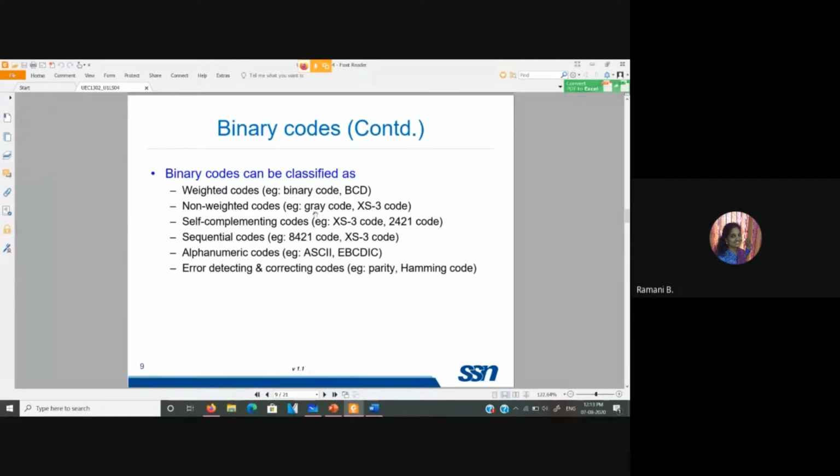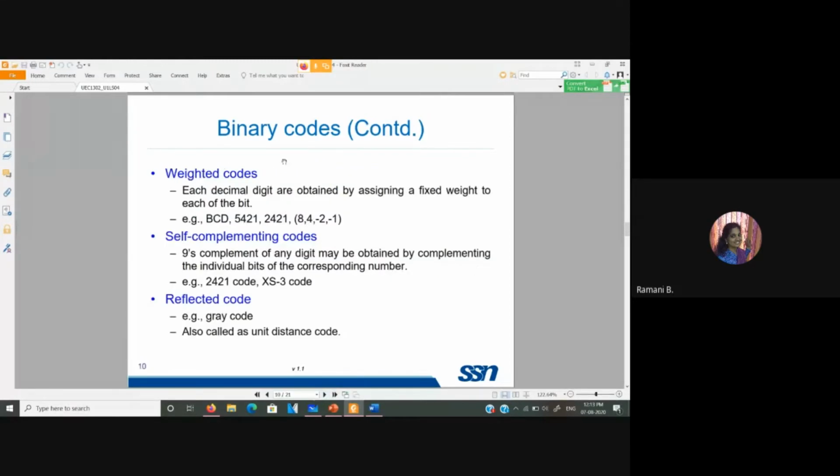Weighted codes, as the name implies, are codes where weightage is given to the particular bit position. Here each decimal digit is obtained by assigning a fixed weight to each of the bits. So as we say, I can represent 9 as 1001.